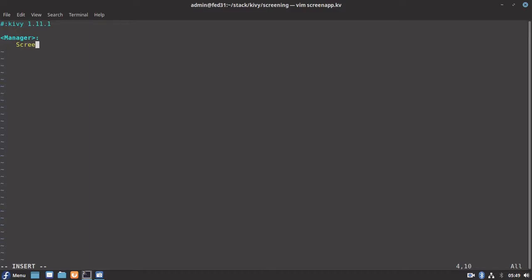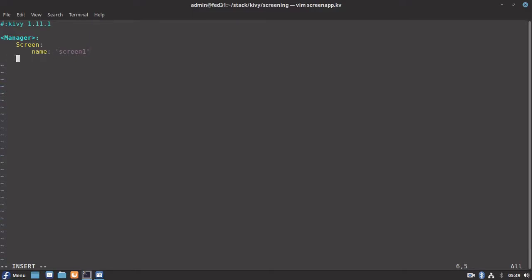This is the base class to create screens, that is Screen. Every screen, whatever we create in our application, we should name it uniquely. Let me name my first screen as screen 1.